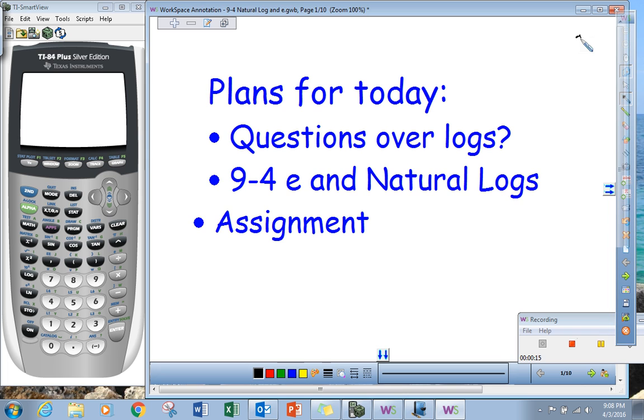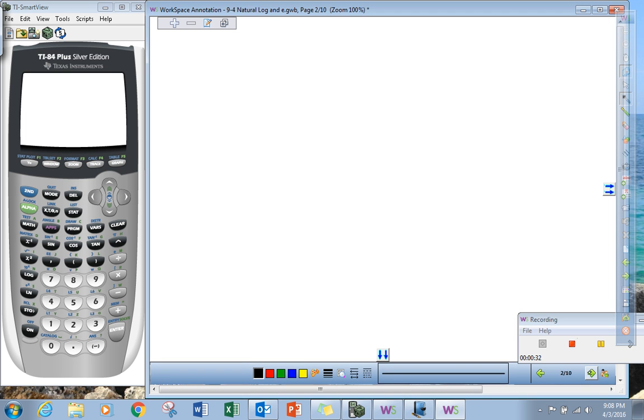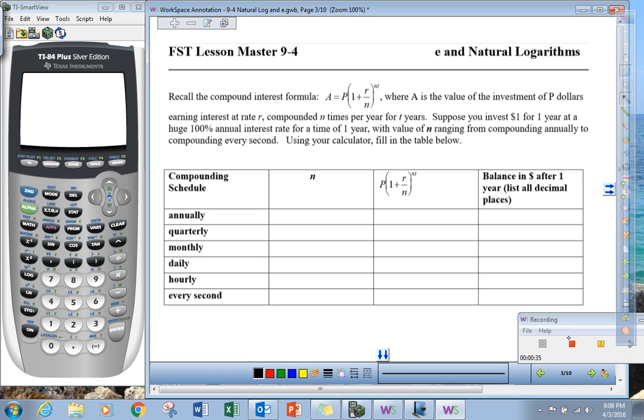What I need to go over with you today is I need to talk about the number e a little bit. Should be reviewed from your Algebra 2 days, and then the natural logarithms, which is the inverse of the number e. So I really think a lot of this will look familiar from your Algebra 2 days, but we shall see. Where I'd like to start there, though, flip over to your class examples where we have that compounding